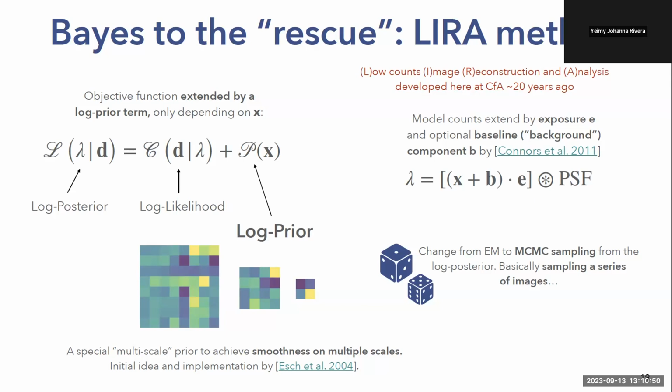And then instead of just doing something like a gradient descent for the optimization, this was really changed to a sampling method. So you actually sample from the log posterior here on this slide. And this is very interesting because you can get more information. Instead of getting a point estimate for your best reconstructed image, you actually get a distribution of images. And this means you have an associated error: you get a distribution of images and you can compute an associated error of your reconstruction from that information, which is very nice.